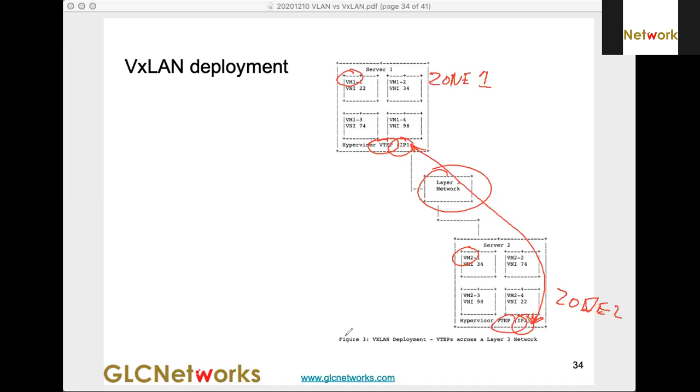One way to isolate them is by using VLAN. Unfortunately, VLAN only has 4096 IDs. For me it's a big number because my organization is not that big. But for the big players like AWS, 4096 is small because they have more than that. So that's why they invented VxLAN. That's how VxLAN works.